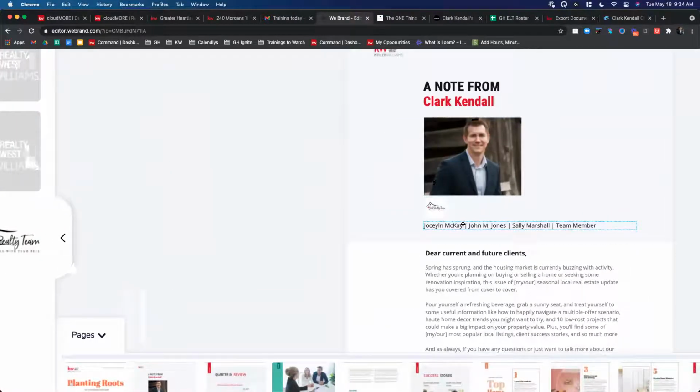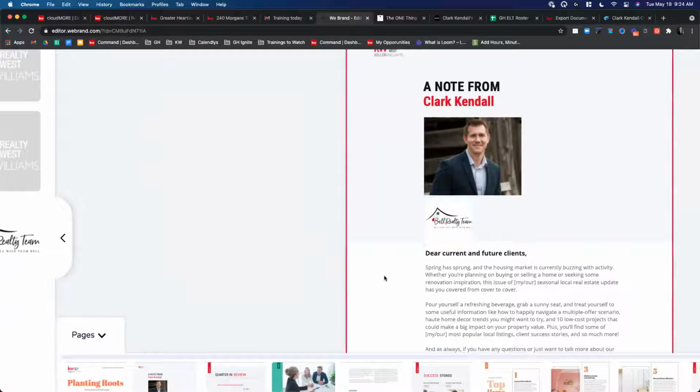Or, hey, this is kind of getting in the way. This spot here is actually for team members, if you do have a team and you want to put them in there as well. However, say this is for me as a solo agent, I'm going to get rid of this. Just hit delete after you've selected it. Then I can make this a little bit larger if I choose. All right. So a lot of ways to change the look.